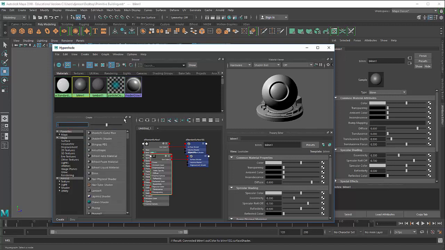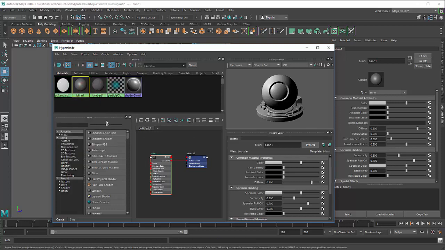I also have this graph here that shows how the material is set up, and depending on which one I click on, I can even right click and say Graph Network and see that. That's something we'll discuss later. And on the right side, we have our material viewer, which shows you what it looks like on a material that has a lot of details, and the property editor, which allows us to change the color and other settings